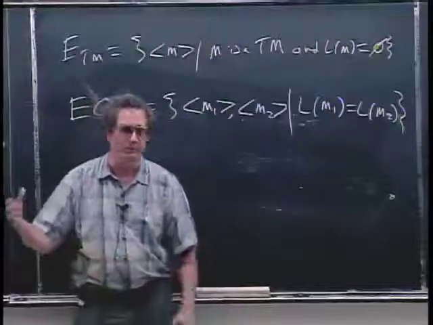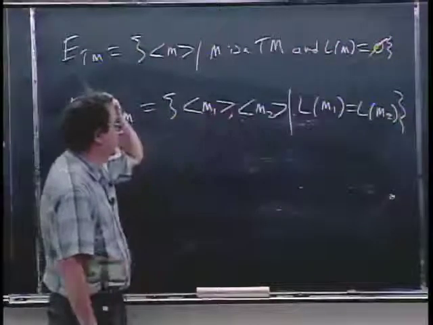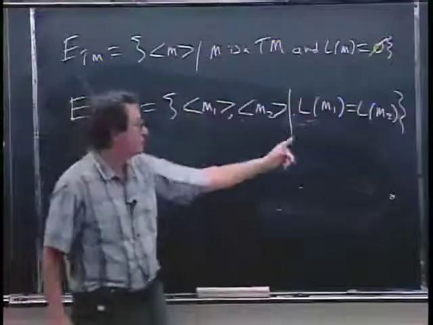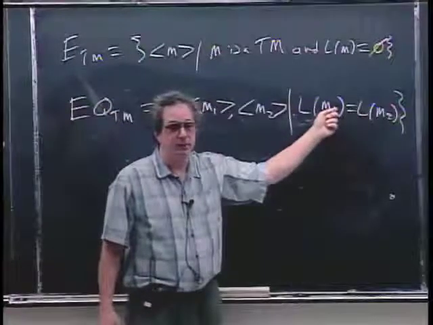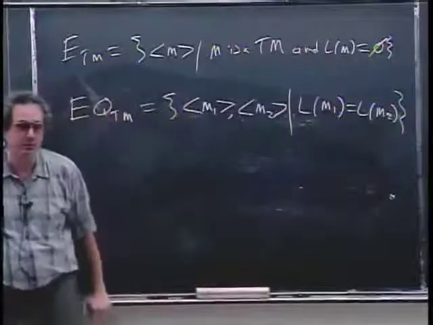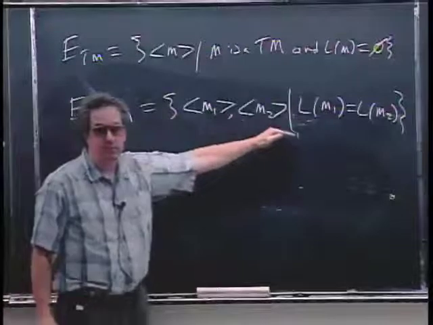You'd like to have a computer be able to look at these two programs, or two algorithms, or two Turing machines, and say yes or no that these two languages are the same. And what this is saying is, sorry, not going to happen. There is no Turing machine that can do that. And